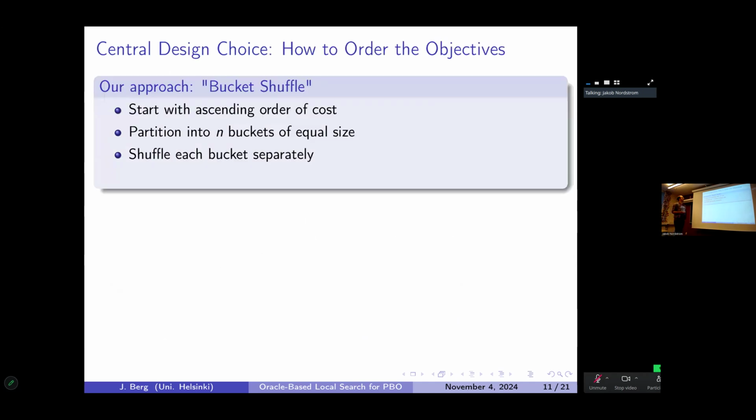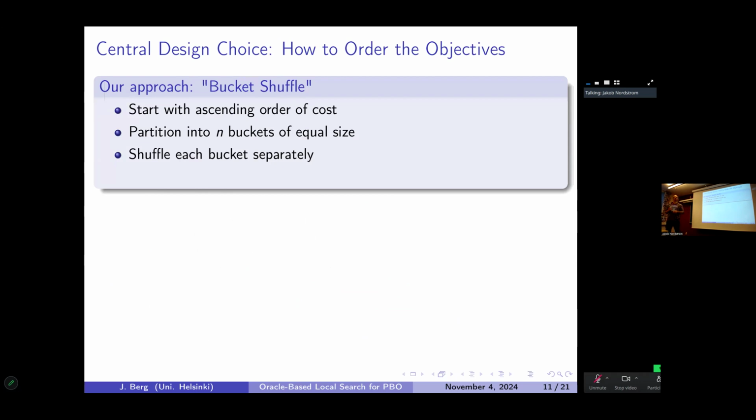Now a bit on this, what are these extra tricks that you have to pull? As I already alluded to, the central design choice is here. How do you sort your objective variables? When you have one ordering, what do you do? And that is sort of the main driver of what kind of a search you do. And in this paper, we experimented with a number of different things, and the thing that worked best is,